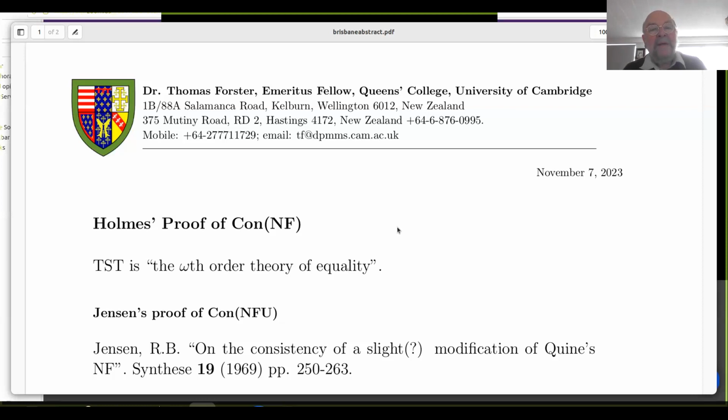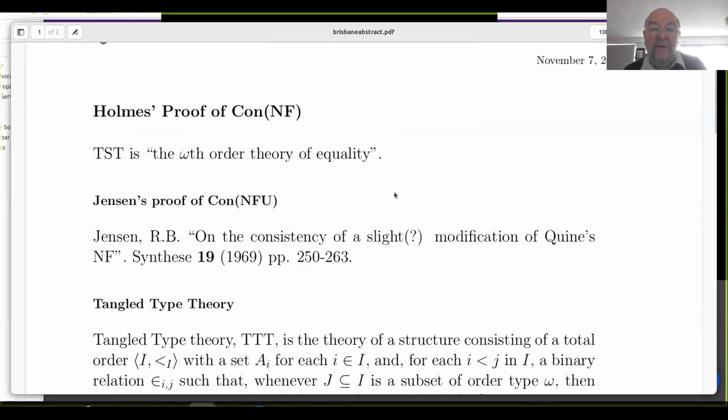Probably the best way in to Randall's proof of consistency is through Ronald Jensen's proof of the consistency of NFU, which appears in Synthèse many years ago. It's a beautiful paper. I strongly recommend you to read it. In the days when I had to lecture a fourth year course in logic in Cambridge, it was one of the things I would cover because it combines ideas from lots of different areas, and model theoretic ideas, ideas from Ramsey theory and type theory,